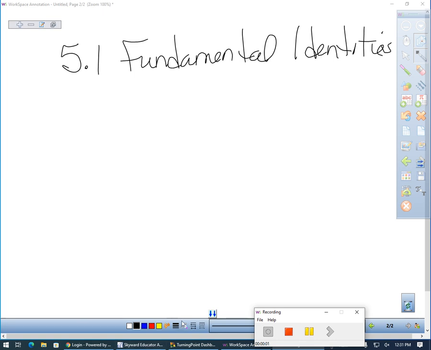Fundamental identities. There's certain things that we know mean something else. And so in the